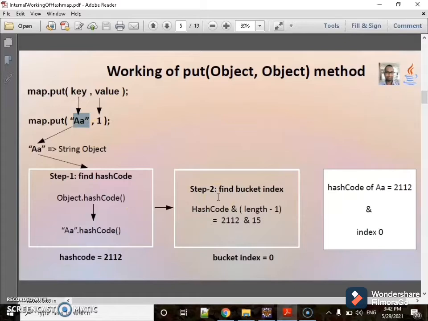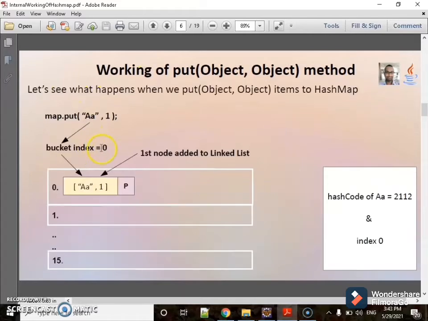Then, in the next step, it finds the bucket index using the hash code and length minus 1. By calculating this with the help of a bitwise operator, it calculates the index, and we got the index 0, and the node is added to the linked list as shown here.